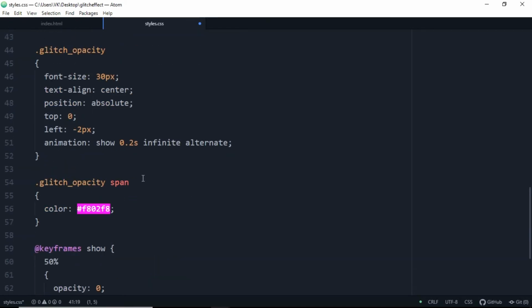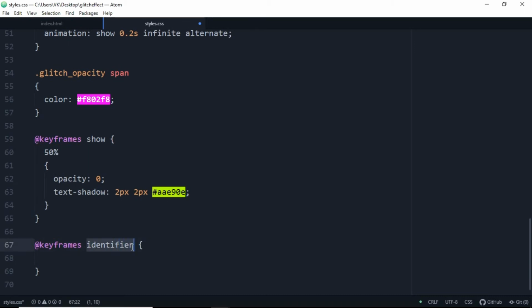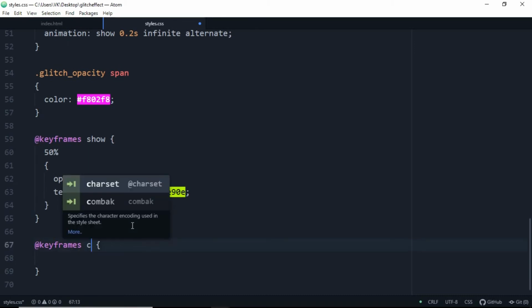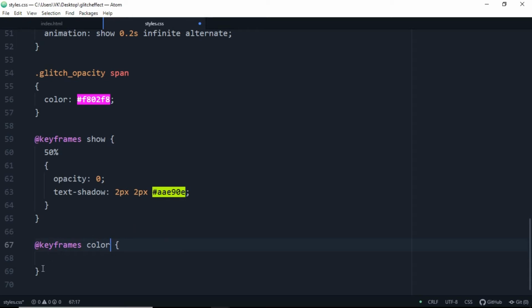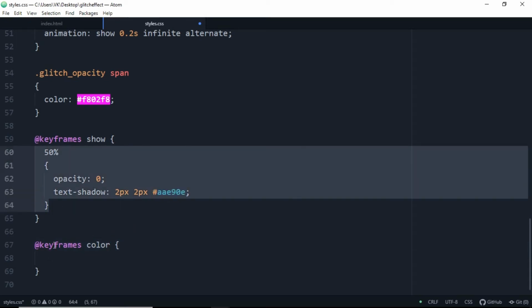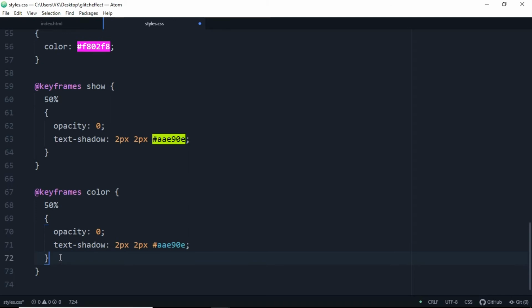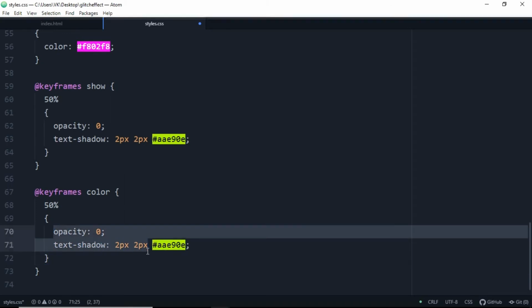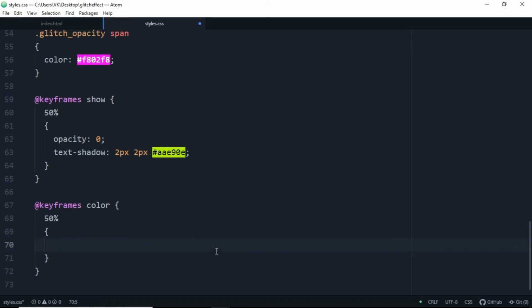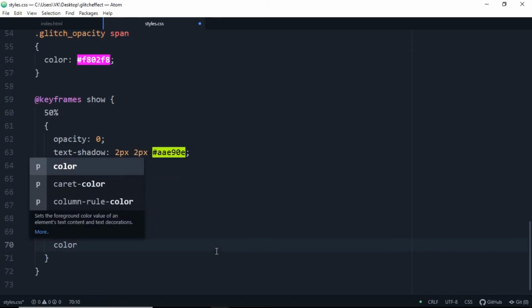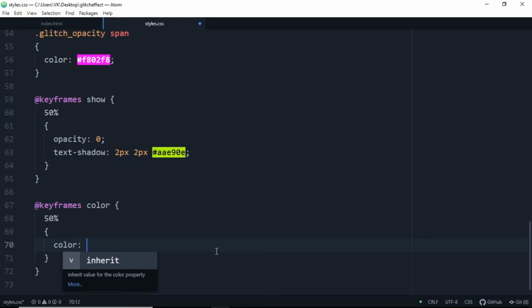Just copy this color and paste it here. Make this color, and now copy this and now paste it inside this color keyframe. So the thing we are gonna remove is this opacity and the text shadow, which is basically removing everything from this 50%. The color will be, let's skip it, hashtag B1 and hit enter.